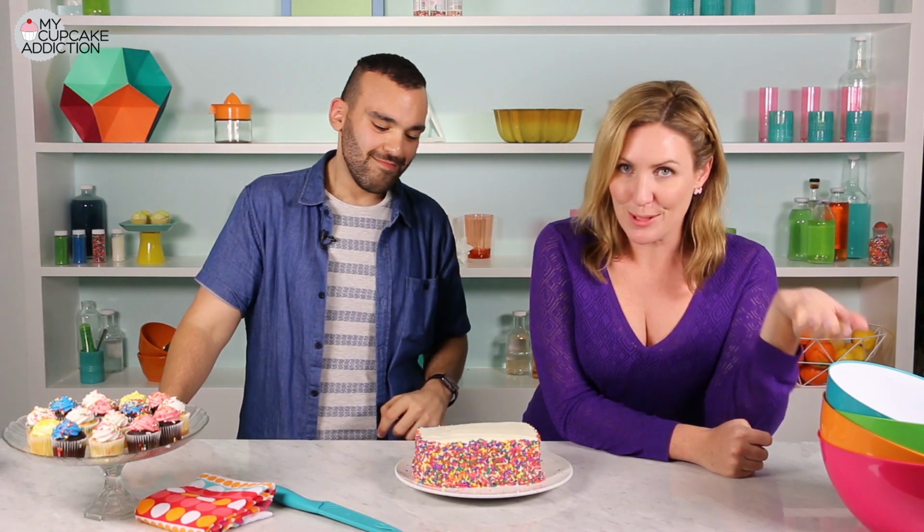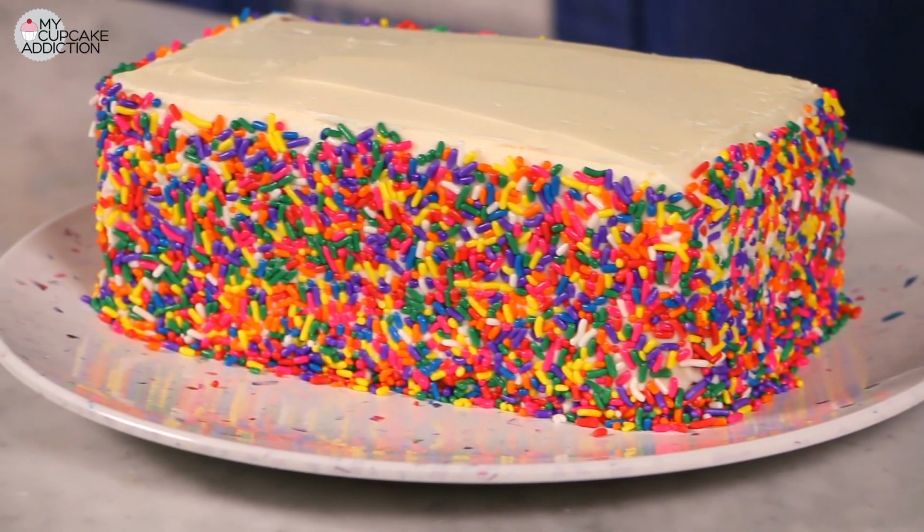I'm going to start by saying I love what's going on all around the outsides of this cake. It's just so colourful. There is something about sprinkles that just make me so incredibly happy. I'm going to make you even happier, Elise, because we're going to put a lovely little message on top of